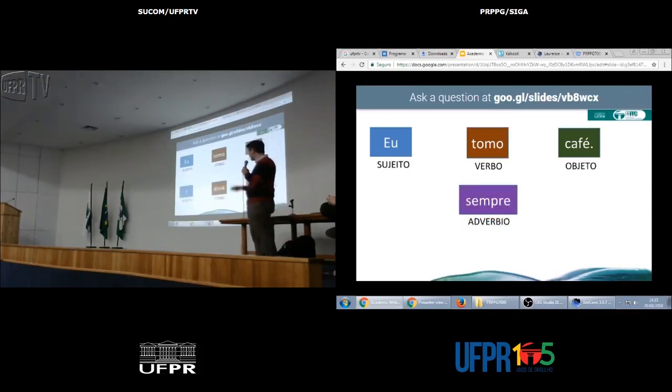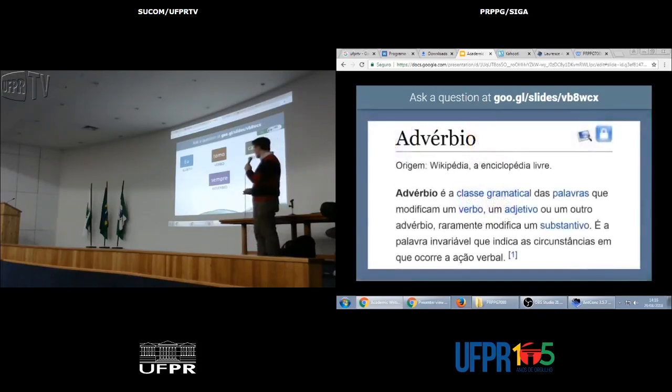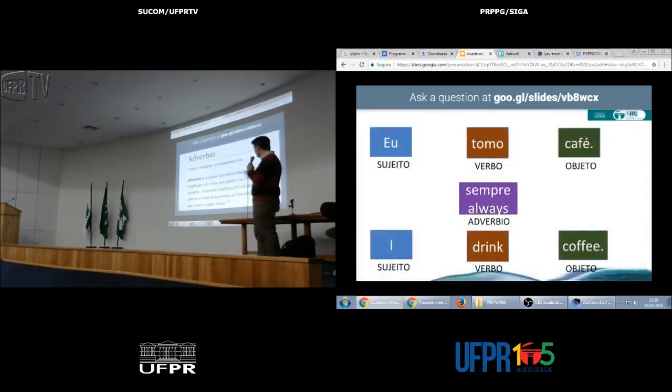And in English, the same thing. Now, here's an adverb. Many of you didn't know that. It's okay if you can admit that you didn't know that simply was an adverb, but it simply is an adverb of frequency. And